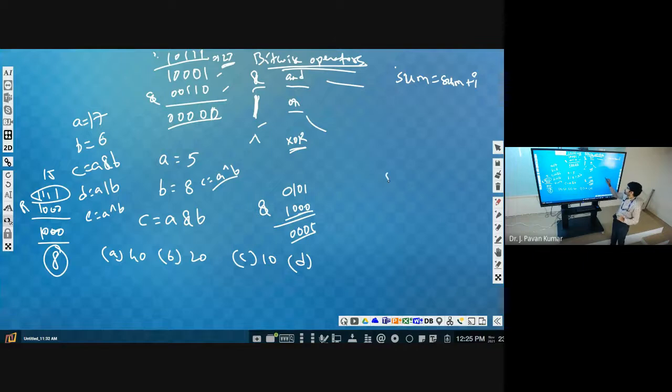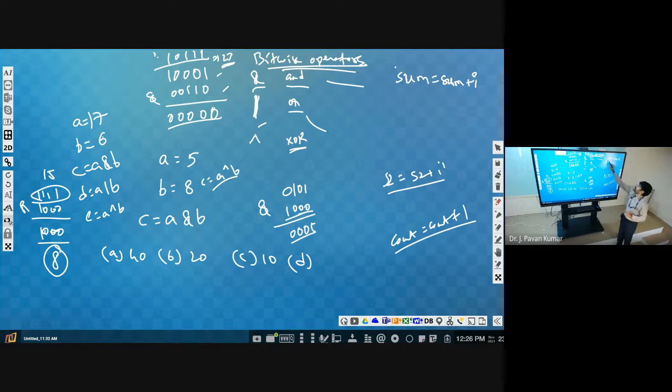Yes. Or count is equal to count plus 1. So what is the intention here? Count is equal to count plus 1 means whatever count value we have, we want to increment it. Similarly, some value we want to increment by I.